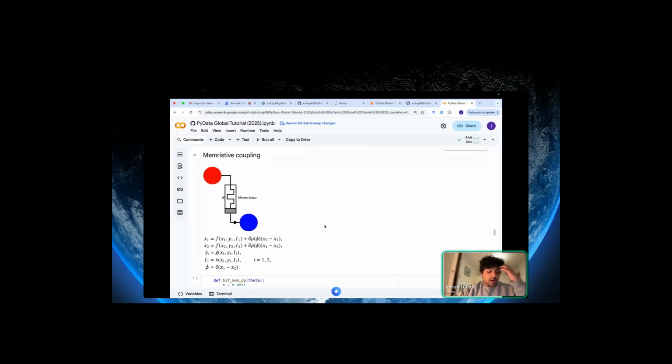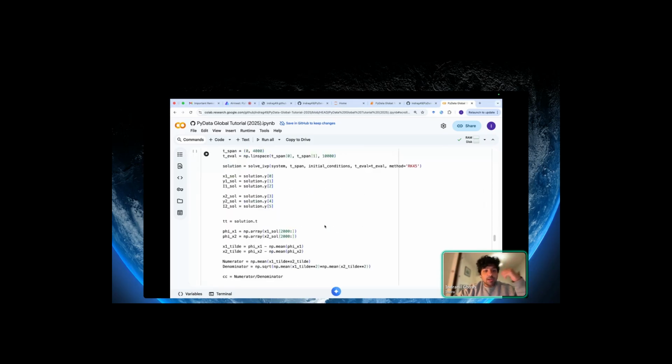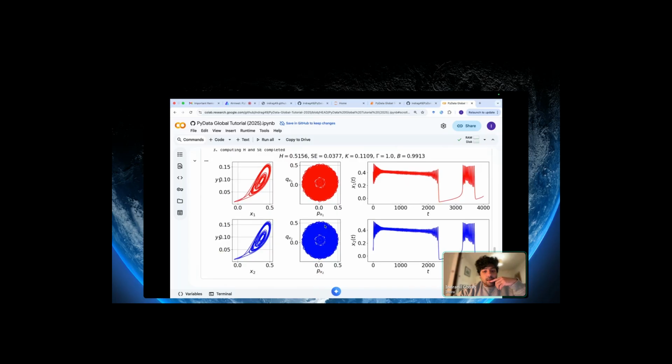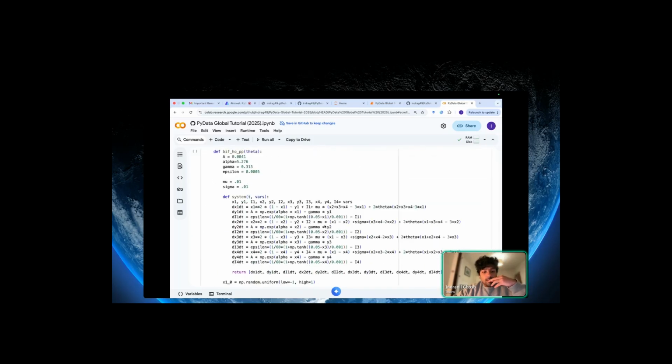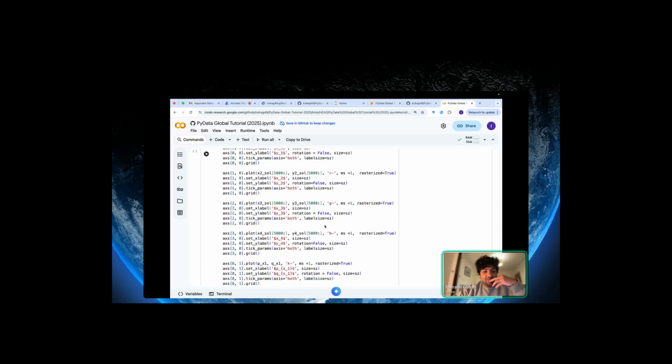There's another nonlinear coupling that you can look into, the memristor coupling. And similarly the higher order coupling. So I'm gonna skip this,